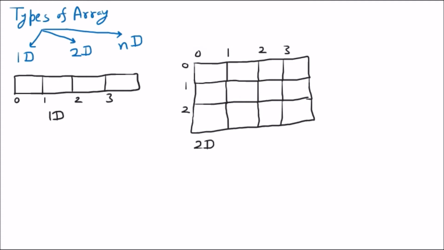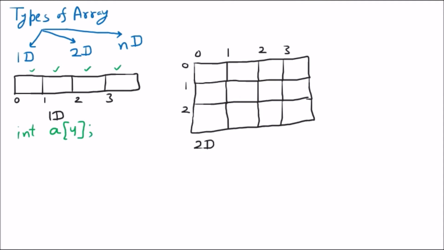How are we going to define these arrays? If I talk about the 1D array, and if the elements are of integer type, then we will say int. Let us suppose that the name of the array is A, and how many elements are there? There are 1, 2, 3 and 4. So I will say A[4]. A[4] is the declaration, meaning the array A can contain 4 values.